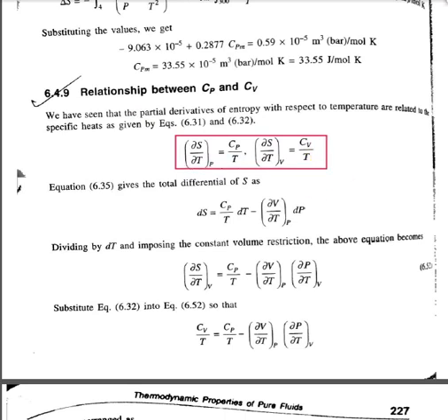So from the equation number 6.35, okay, the differential form of S is that, so dS is equal to Cp by T dT, minus del V by del P into dP, similar to this. So dividing the equation by dT and imposing the constant volume restriction, the above equation becomes